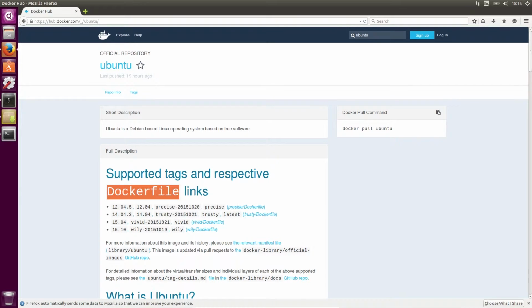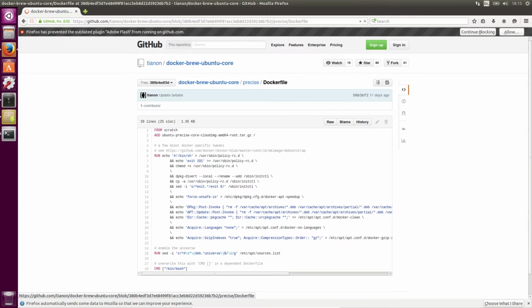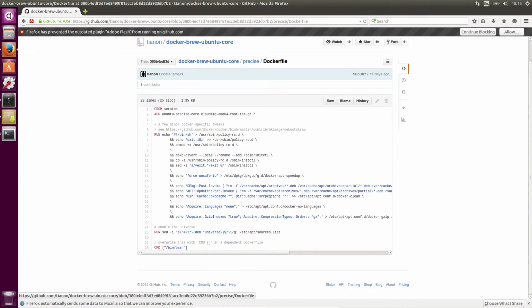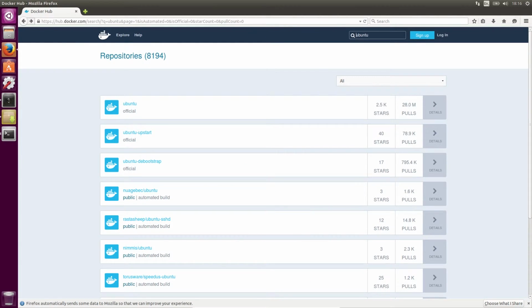As you can see here, it talks about the Dockerfile, and if we click on any of these Dockerfile links, it will actually give us the Dockerfile which has been used to create the image. All a Dockerfile is, is a set of instructions which is run in sequence and produces an image based on the latest versions of the software included. So you can see here, for example, that we're using this particular tarball. If you were to take a look at some of the other options, for example, if you wanted to create a GitLab server,